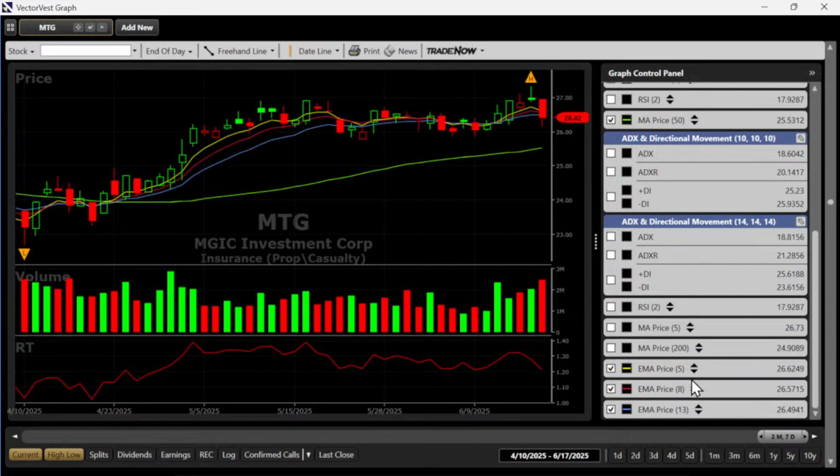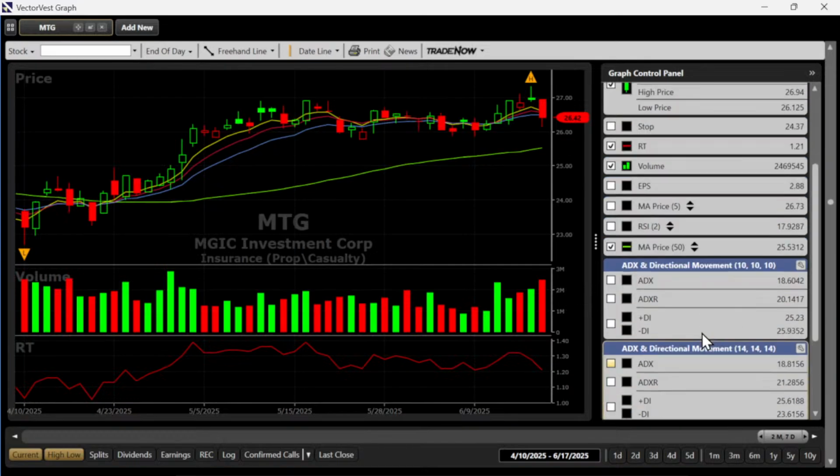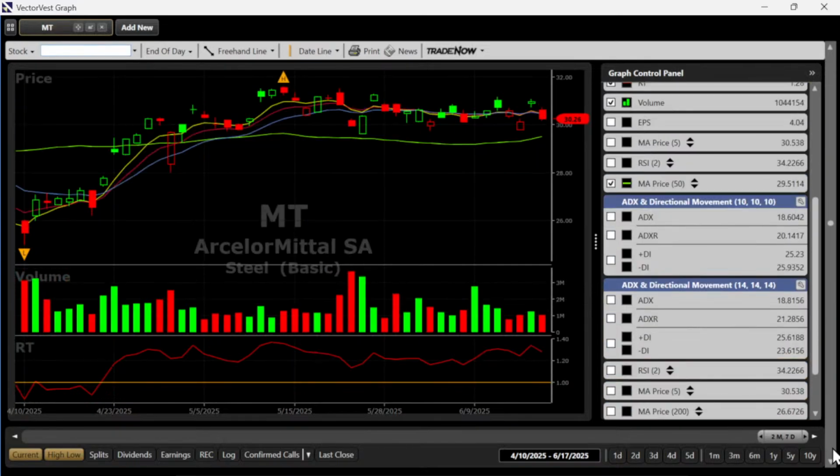So Greg, the 5, the 8, and the 13, they're EMAs. Stands for exponential moving average. Exponential moving averages are more reactive to price because they put more weight to more recent prices, as opposed to a simple moving average where it's just a simple average. No price in the look back period holds any more weight than any other price. So the shorter you go, the more reactive you want the moving averages to be. So therefore, use an EMA. All right, let's go to the next one.